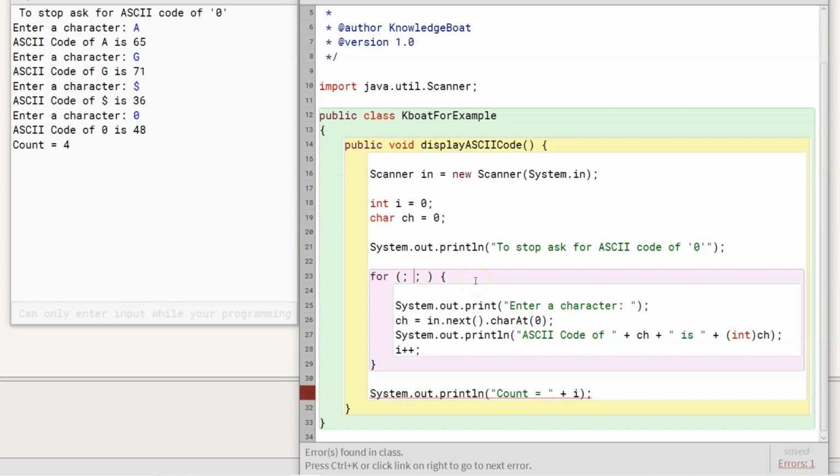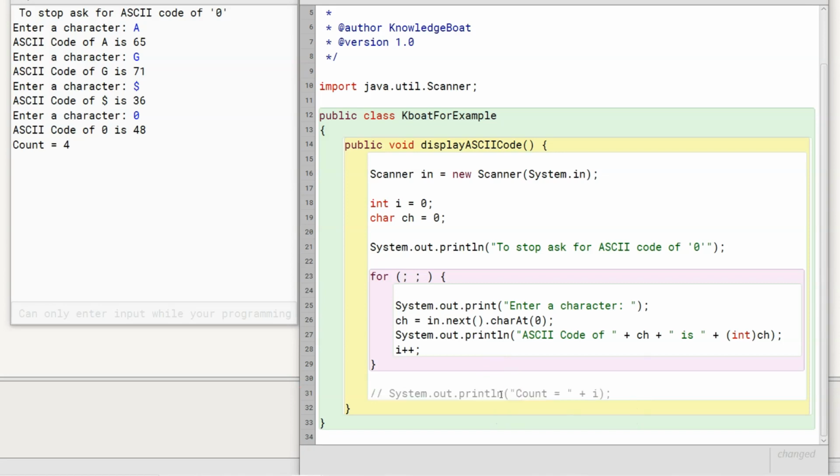We got an error. It is not in the for loop but in the line just after for loop. The error says unreachable statement. I will comment out this line and we will come back to this error in a moment, but first I want to show you that this is a valid for loop. Code compiles fine after commenting the line, so this is a valid for loop. You can omit any part of the for loop you want and it will still be syntactically correct as long as you remember to specify the semicolons.